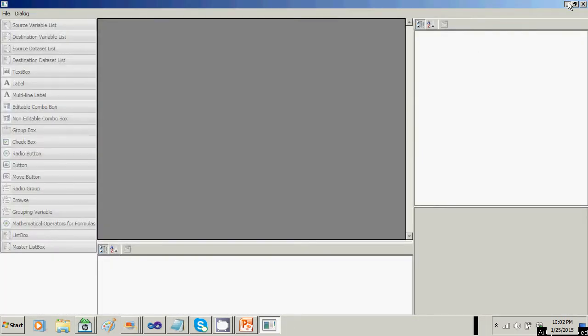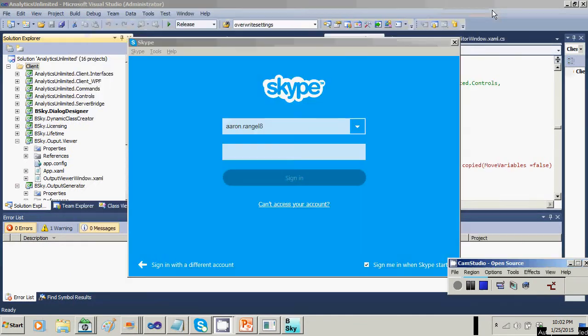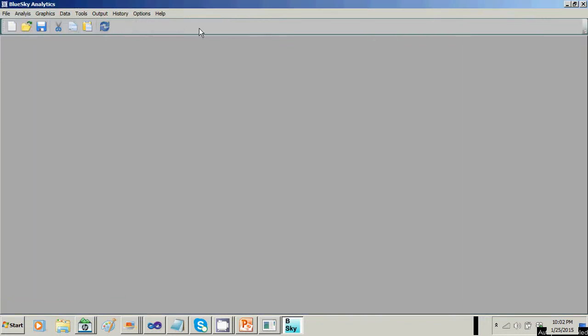Oops, I'm sorry, there it is. I missed it. Too many windows open. But now I can go into Tools, Inspect Dialog,